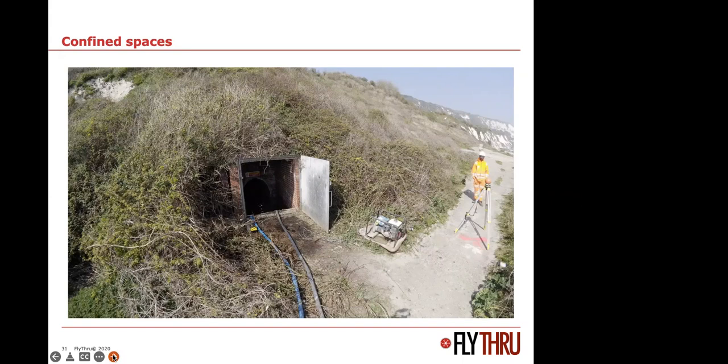This is, as you can probably see from the far right hand corner, the White Cliffs of Dover. I say Dover, this is Folkestone. There are 19 of these drainage adits underneath the railway there, and bearing in mind that railway is the main carriageway from the UK over to France, going through the tunnel. There's a slippage on this land, and they wanted to have a look at the state of the drainage adits and look at their condition.